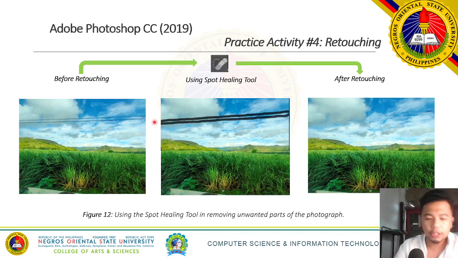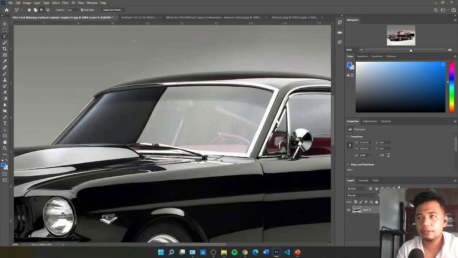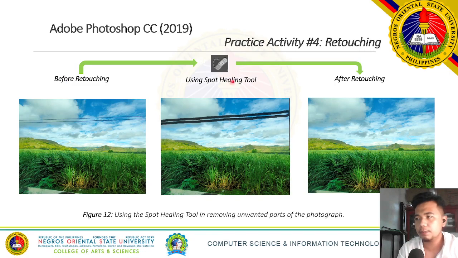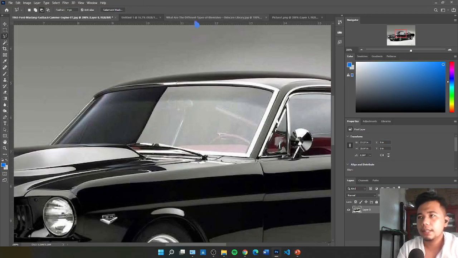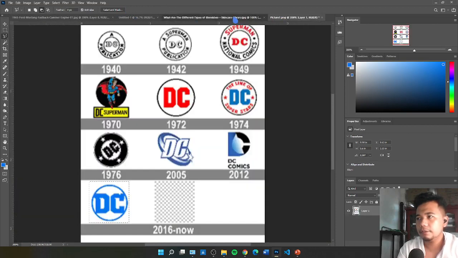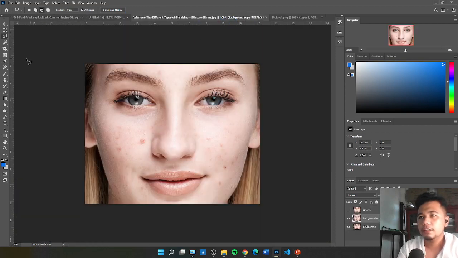Alright, and then retouching. Just like what we did a while ago, for retouching we will use the clone and spot healing tool, just like what we did with this one right here. We'll use the spot healing tool, this one, and then just select the area that we want to remove the blemish. Okay, this is very useful when it comes to pictures that have minimal